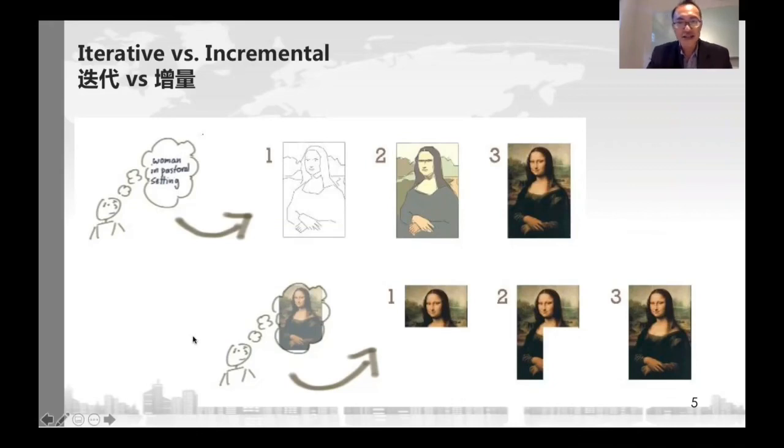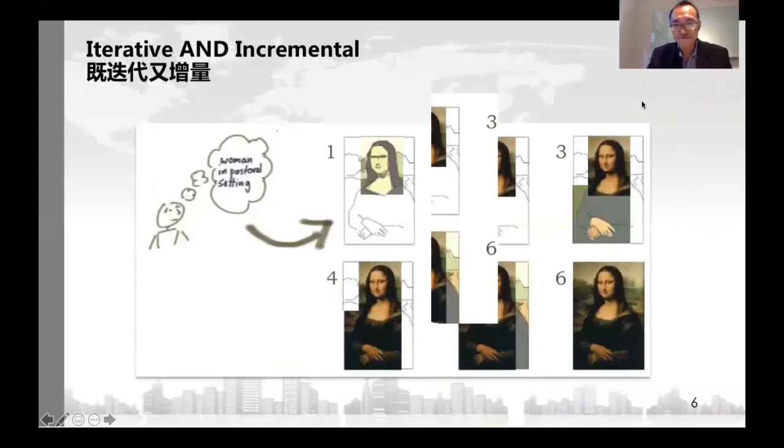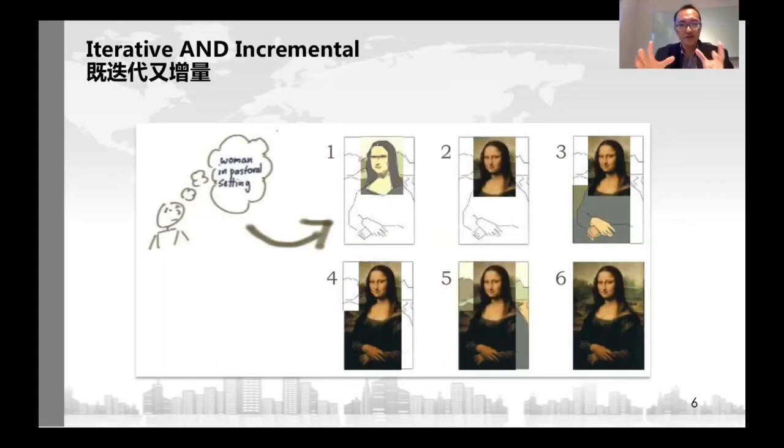And what Agile is, we try to be both. We want to be iterative, and we want to be incremental. So we can actually start with painting or sketching an overview. And for the parts that we are clear about what to deliver, we can go ahead and go incremental on that part. And for the parts that we are not so clear about, let's do the sketching, show the customers, come back and do the adjustments, right? So that's what we mean by iterative and incremental. So we do both in Agile.